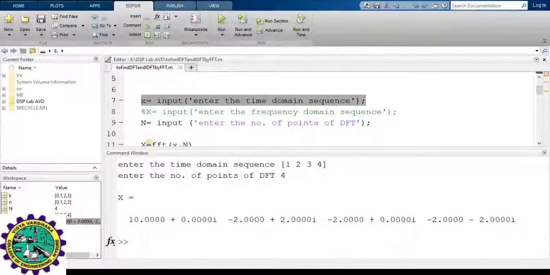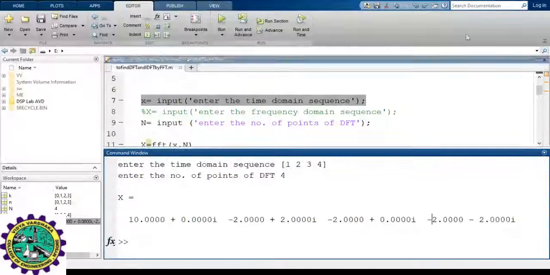Similarly, this is phase plot. You need to find out angle. That is tan inverse of b by a. Okay, at 0, since you don't have imaginary part, you'll get 0 degrees. And similarly, for other values, that is at n is equal to 1, 2, and 3, you'll get different angles. Sometimes you may get negative values as well. And sometimes you may not calculate as well. So it all depends on what are the values you will get there.